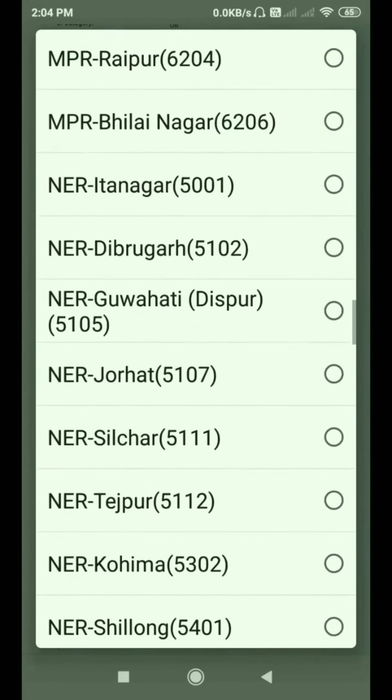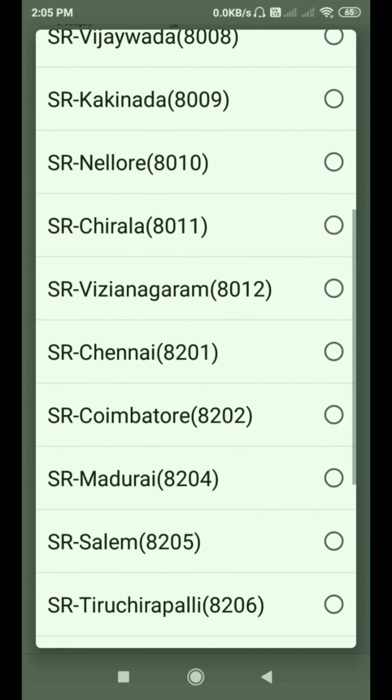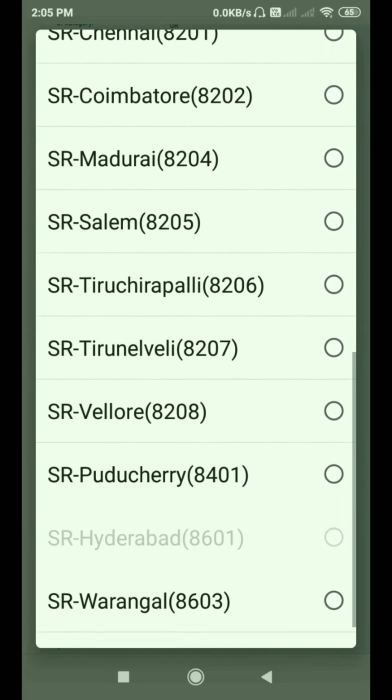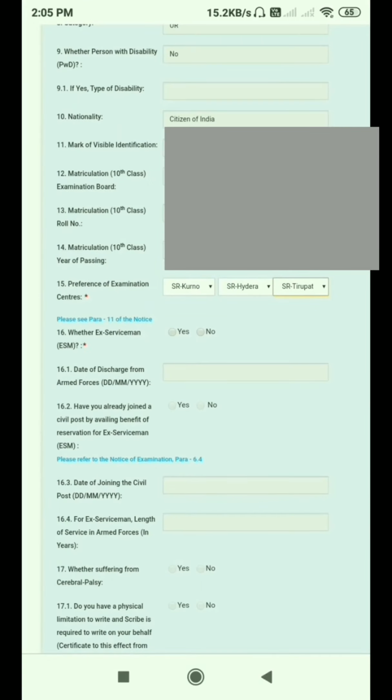I give the second center as Hyderabad. Yes, I give Hyderabad as the second center, and for the third center, all cities are far from me. Finally I click on Tirupati. I give the third center as Tirupati.